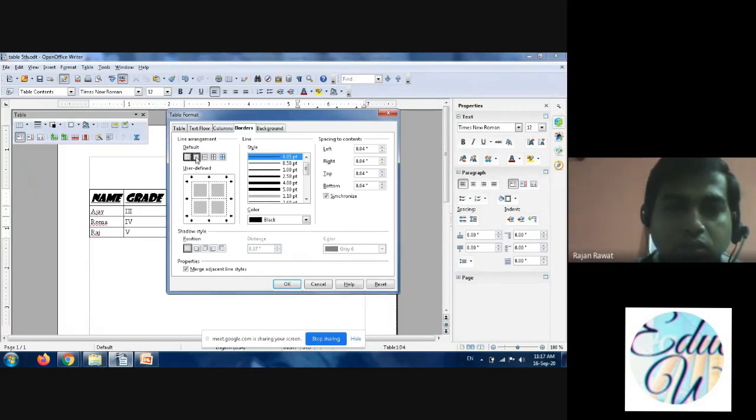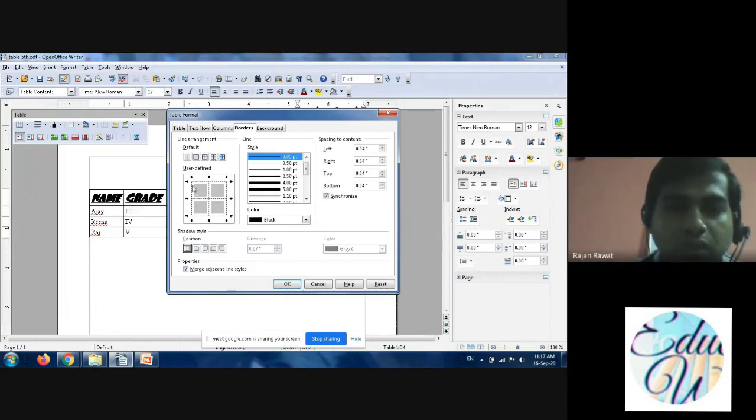You can change yourself also, like here it is already given outer boundary, then inner line and the between line, this one, all the lines except between line. This you can select all this without changing inner lines. These are the options you can select directly. I am selecting set border, outer border and inner border lines. Okay, so I have selected.